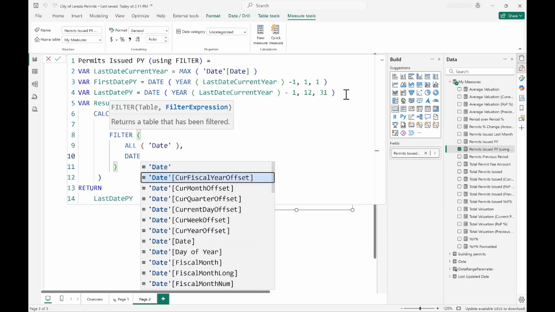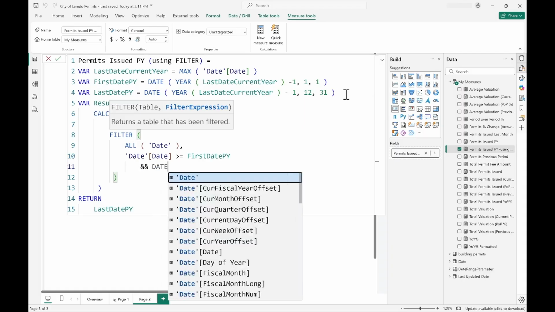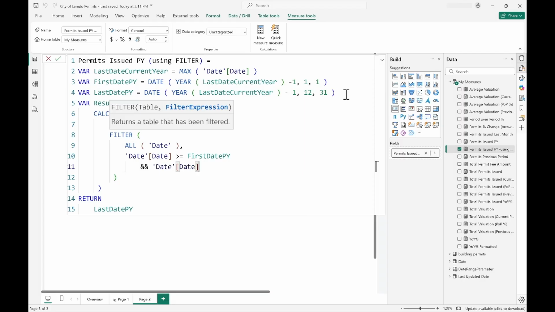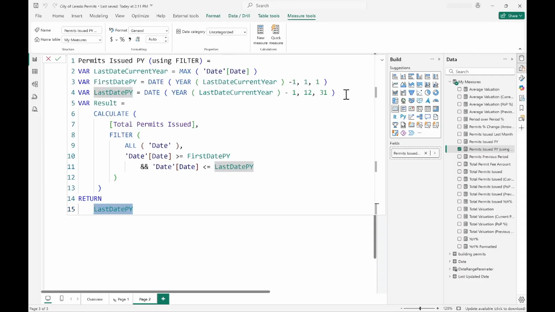I do this by selecting any dates that are greater than or equal to the first date of the previous year and include in the date range any dates that are less than or equal to the last date of the previous year. And here, I'm going to return the result variable. We hit enter,